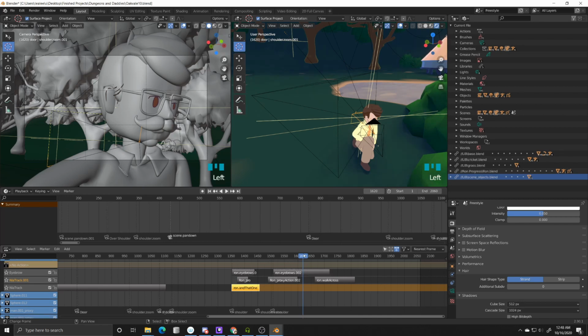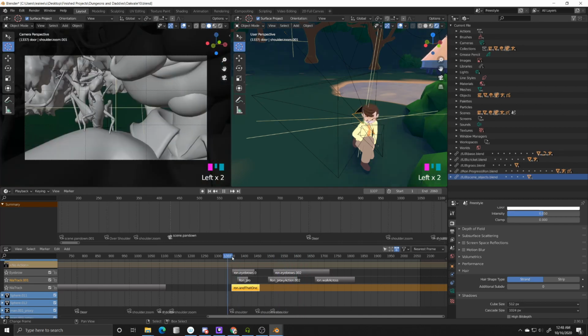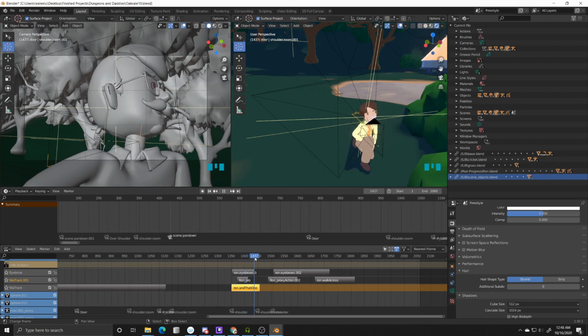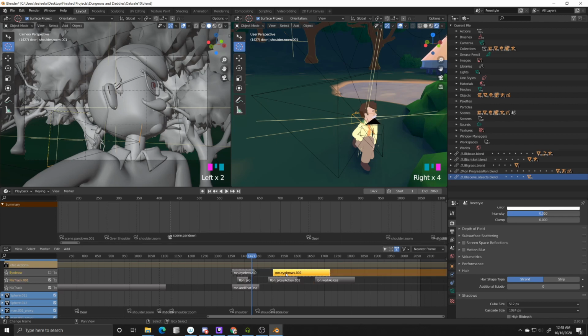That's why it's not working. Oh yeah, see how his eyebrows moved right there? So if I uncheck that, they no longer move. And I think one of the things that really helped out in this process was making sure this